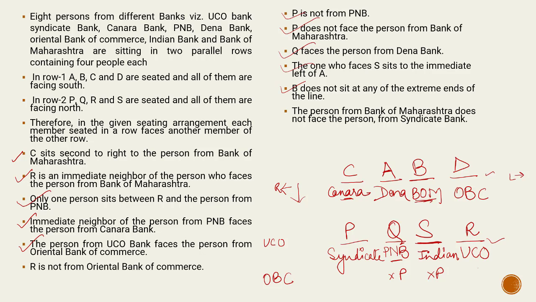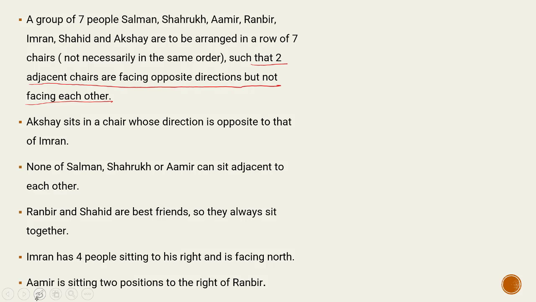So this is how we place the data in a 2-row line arrangement, wherein some additional information was also given. So the process of placing them at their respective positions, as well as the additional data that has been given, has to go simultaneously. We cannot carve out these two processes, saying that we will make the sitting arrangement differently or we will arrange the data separately. These two processes have to be integrated and have to go together.